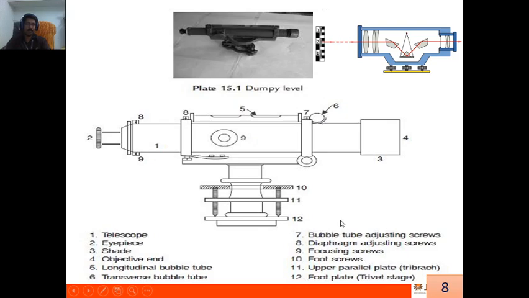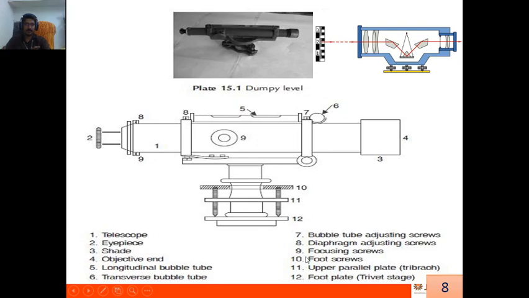Bubble tube adjusting screws, number 7, are here. They are used only for fine adjustments, right? And the diaphragm adjusting screws are also permanent adjustments, we won't touch them often. And the focusing screw,